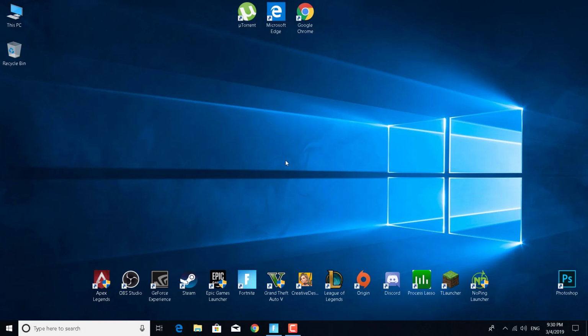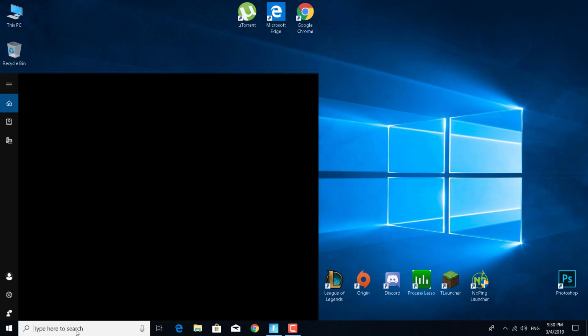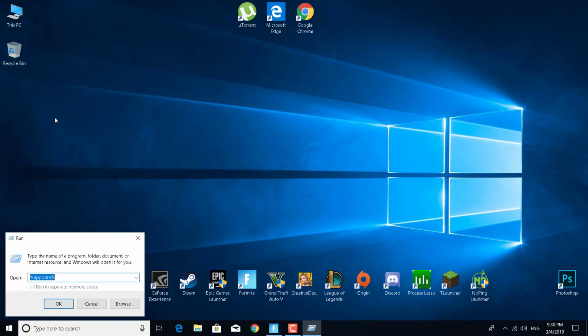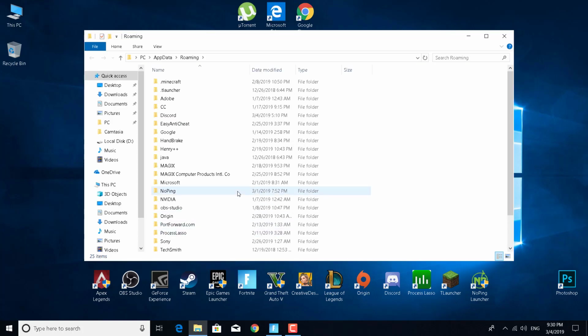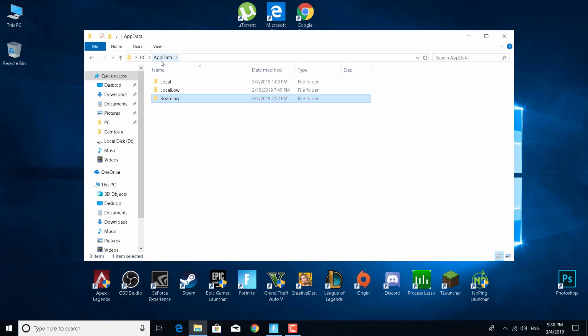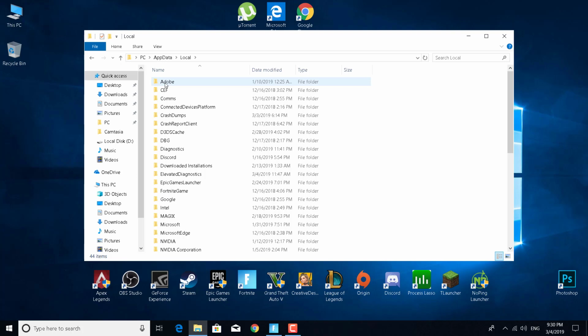The fourth step is to click on the search bar and type run and open the run desktop app. Now what you want to do here is write %appdata% and click on OK. Now click on AppData and open Local. Now open FortniteGame,